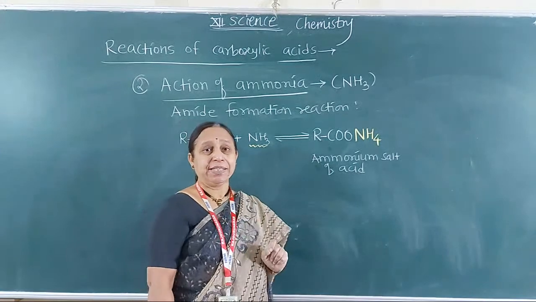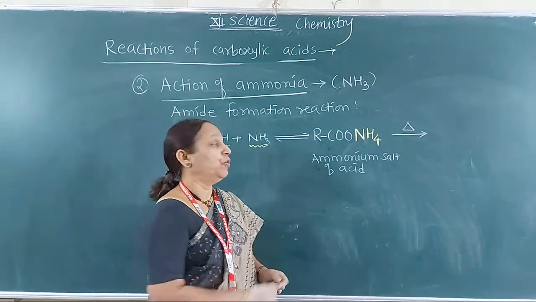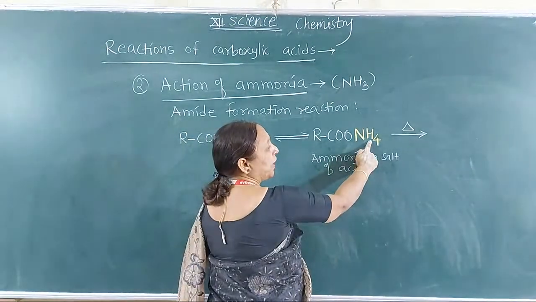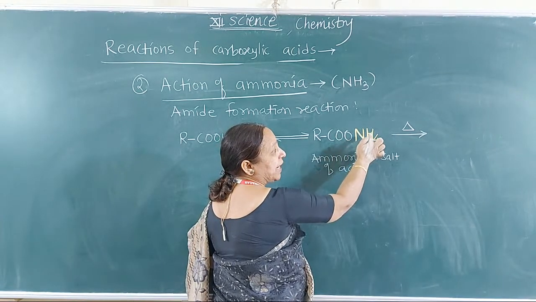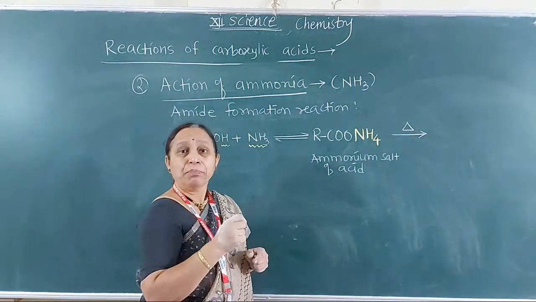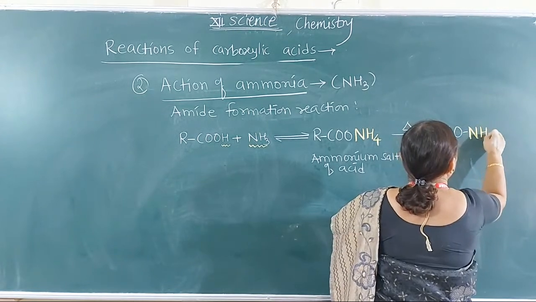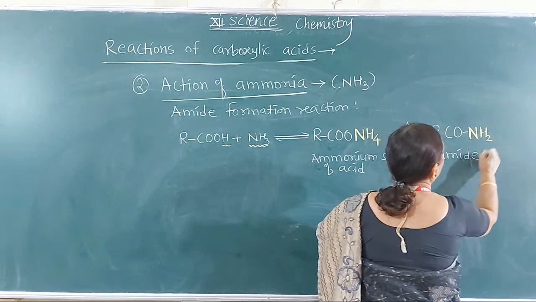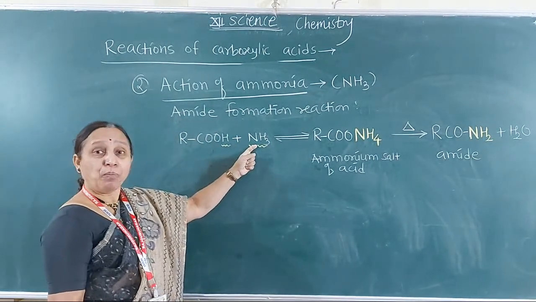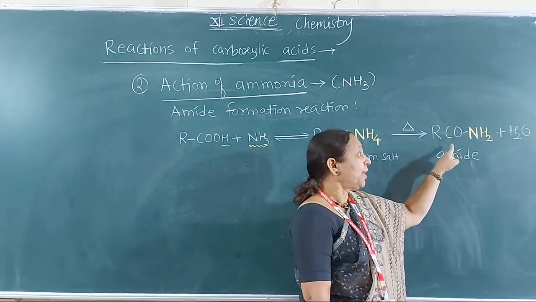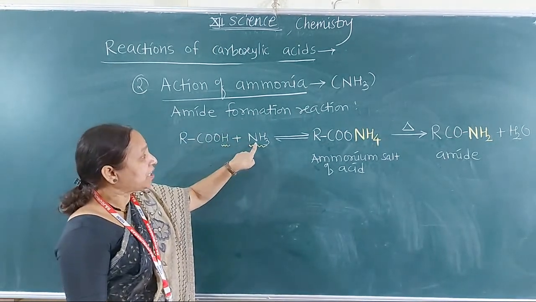This ammonium salt of acid, on warming, on strong heating, loses a water molecule. How does elimination of water take place? Two hydrogen atoms on nitrogen combine with one oxygen. Thus elimination of water takes place, H2O, and the remaining product is amide, RCONH2. Amide plus H2O is obtained. Thus, carboxylic acid reacts with ammonia to form amide. The product of this reaction is amide and thus it is known as the amide formation reaction, or action of ammonia